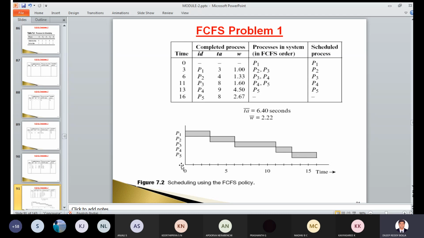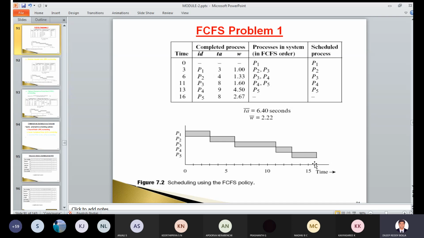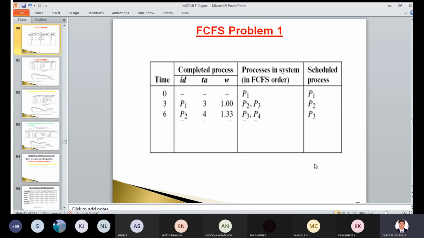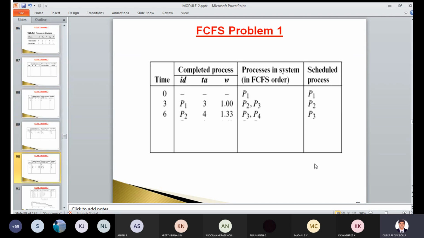So that's the time here. 0, starting point, and 3. So 0 to 3. Next up to 6, P2. Up to 11, P3. Up to 13, P4. Up to 16, P5. So this is how the scheduling policy will occur on a first come first serve basis. Okay. So go through this example and try to understand, take some other values and try to compute this table